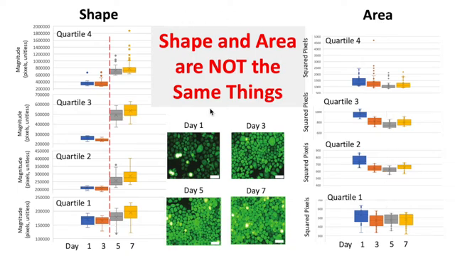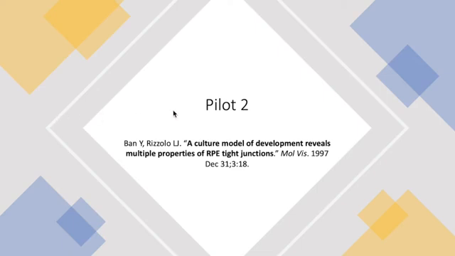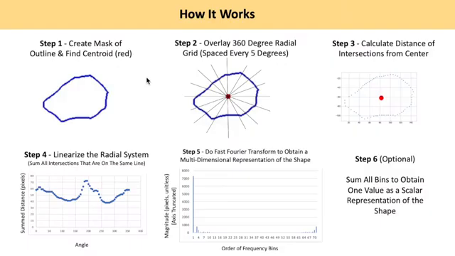This shows that shape and area are not the same things. Moving on to our second pilot project, we analyzed images from a study on retinal pigmented epithelial cells from chick embryos. But for this study, we intentionally used the radial grid system to show that there is an alternative to the parallel grid system. For the radial grid system, you calculate the centroid of your object, and then you overlay